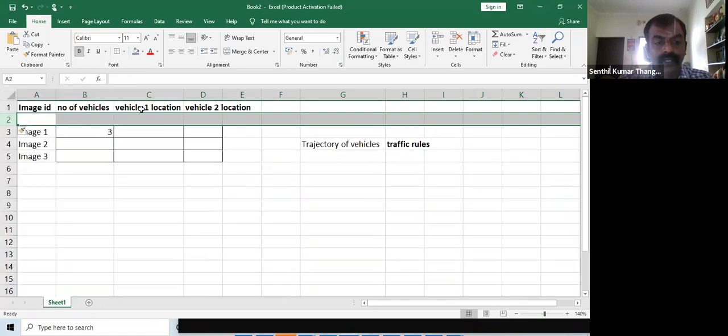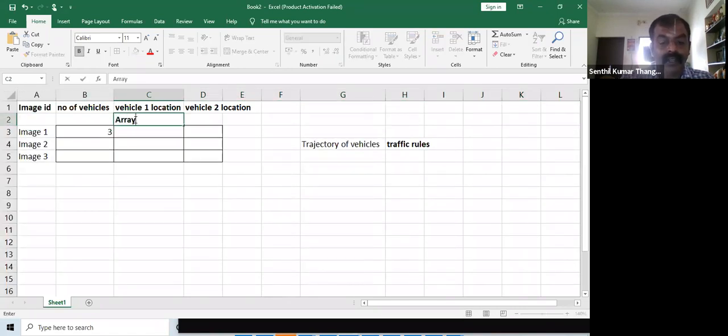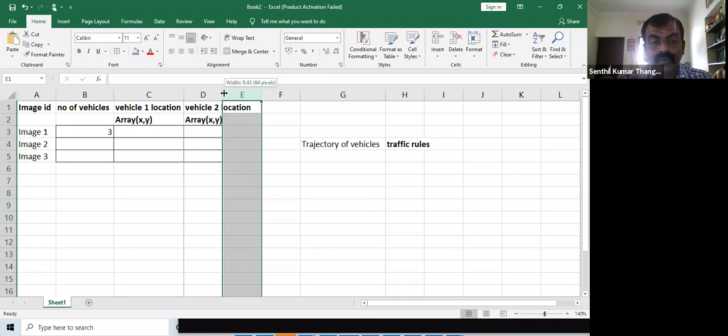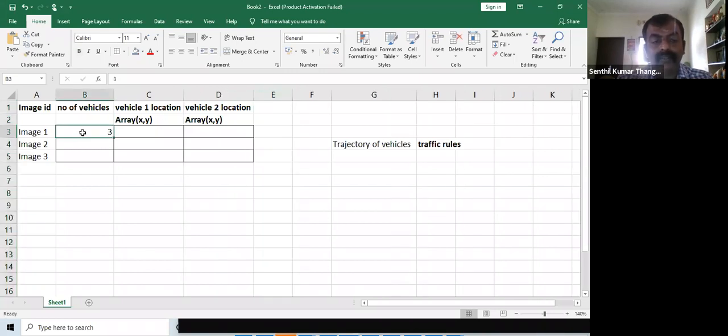You will say that it will be an array of values of x comma y, because each vehicle can be plotted with 2 locations, x and y. So for an individual image, if I have the number of vehicles, vehicle 1 location and vehicle 2 location, then I'll be able to classify the trajectory of the vehicles. What else can you do if you have image data of an open environment?